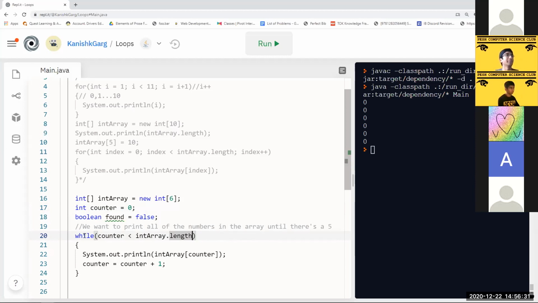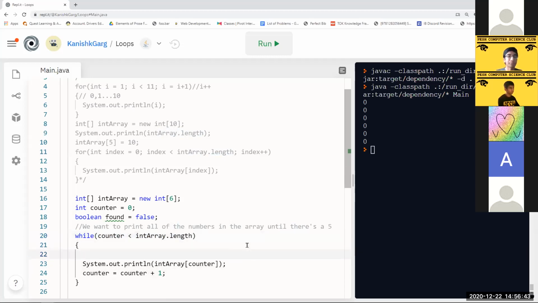So we want this while loop to continue while the number is not found. So basically what we'll do is an if statement inside the while loop. If the number at counter, if int array at counter is equal to 5,